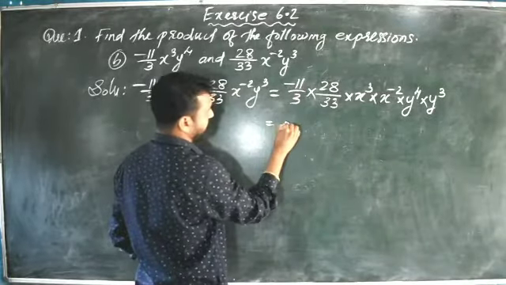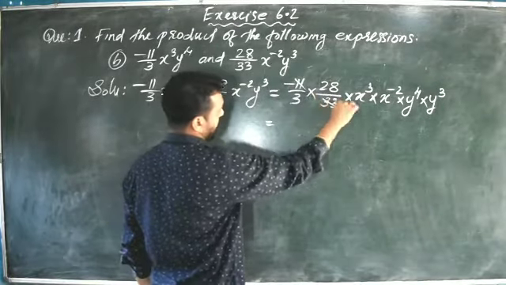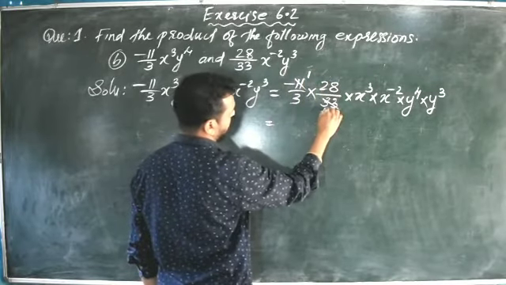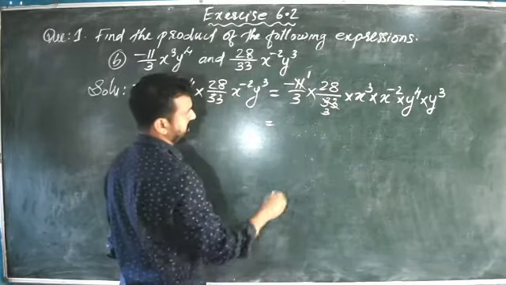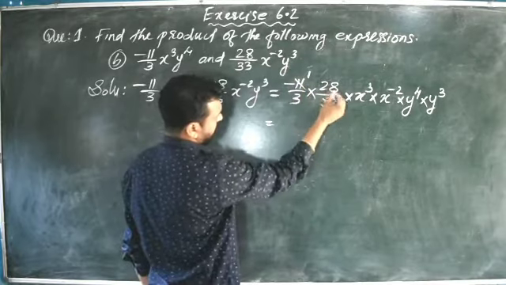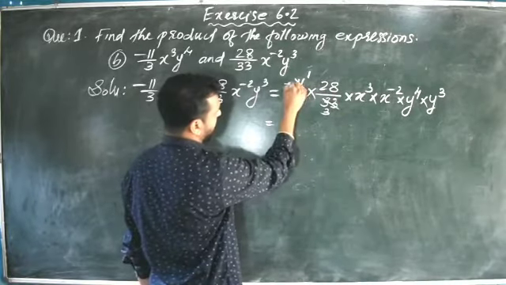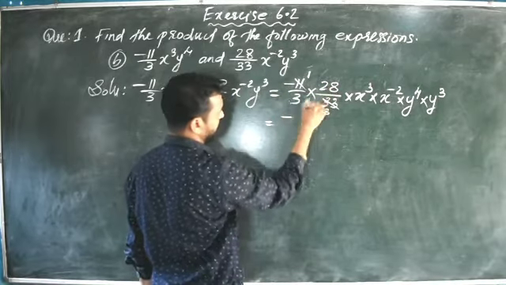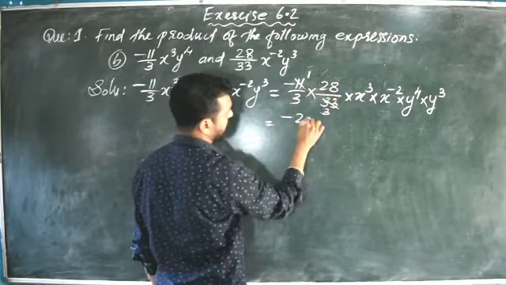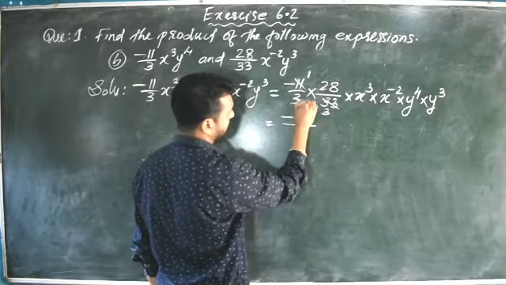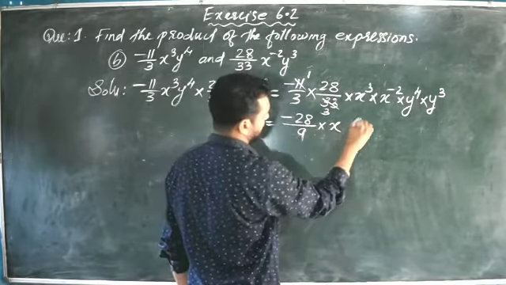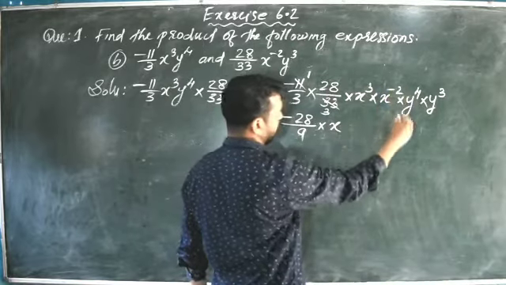that is equal to 11 divided by 33. We can cancel that. 11 ones are 11, 11 threes are 33. Then again we cannot cancel 28 divided by 3, we cannot cancel that. Minus 1 into 28, minus into plus, minus 1 into 28, 28 divided by 3 into 3, 3 threes are 9, into x raised to 3 into x raised to minus 2.